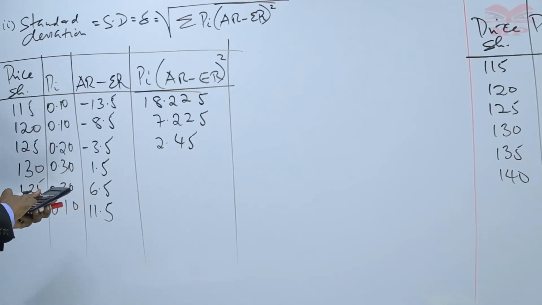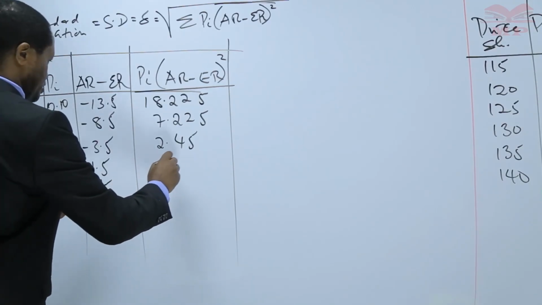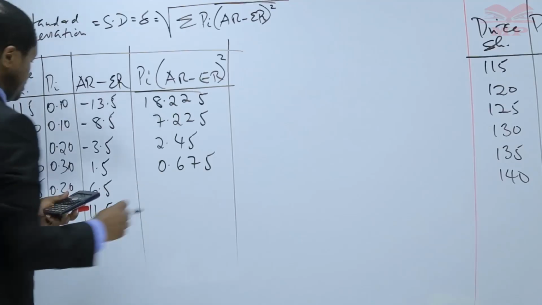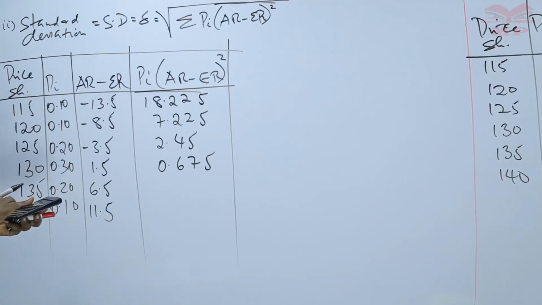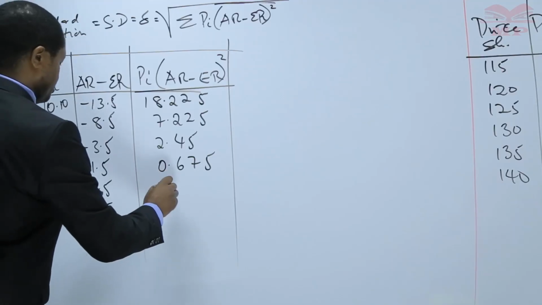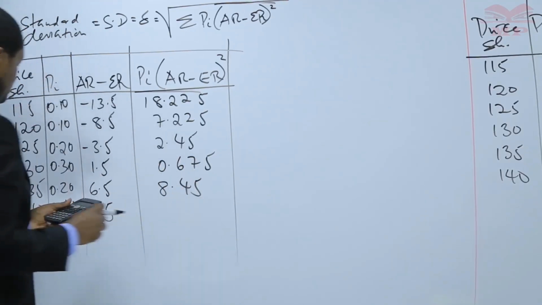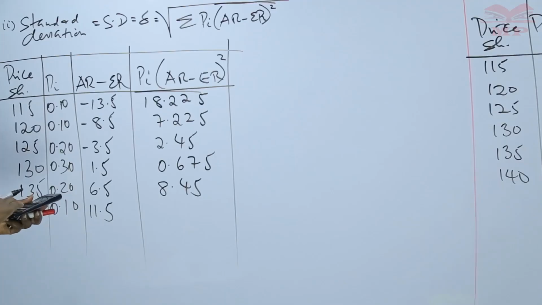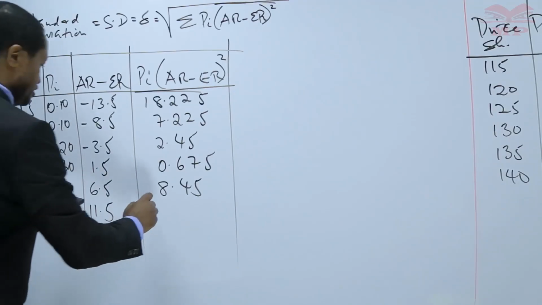Next I have 1.5 squared times 0.3, 0.675. Next 6.5 squared times 0.2, 8.45. Lastly 11.5 squared times 0.1 is